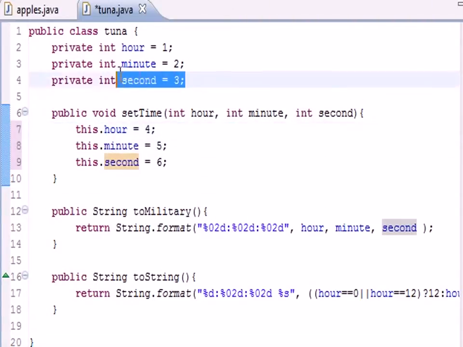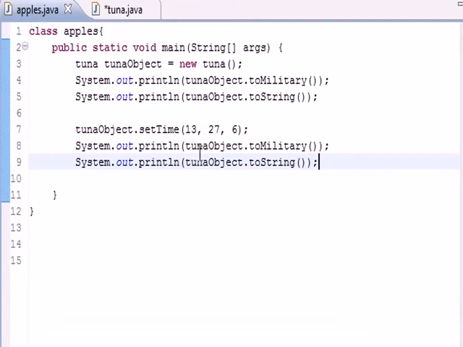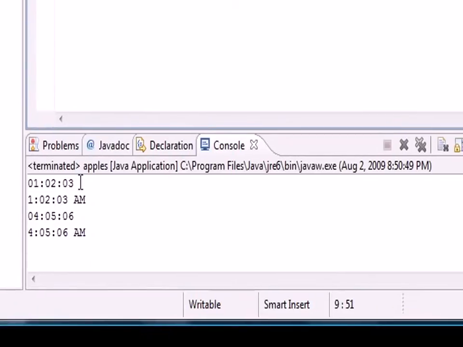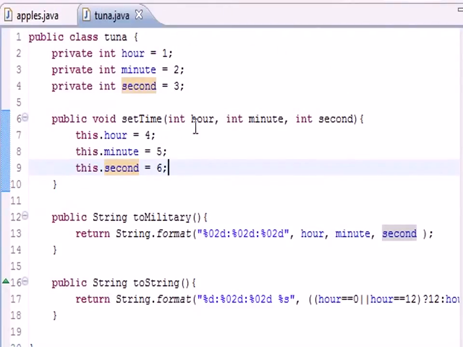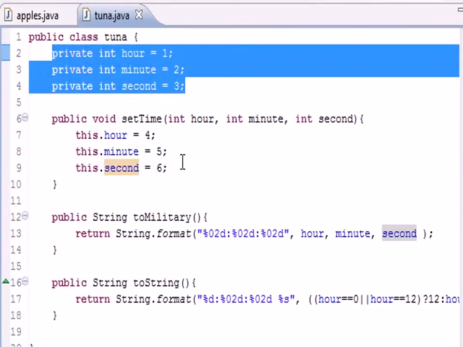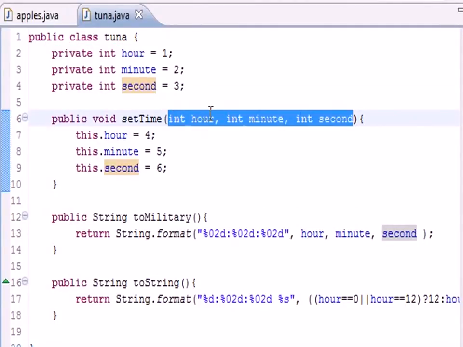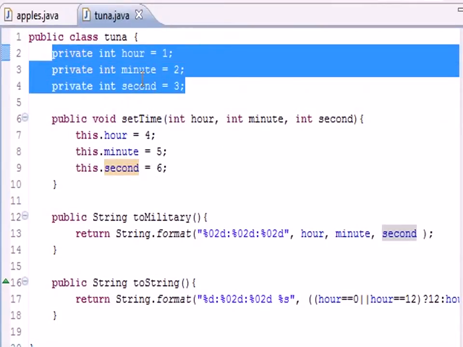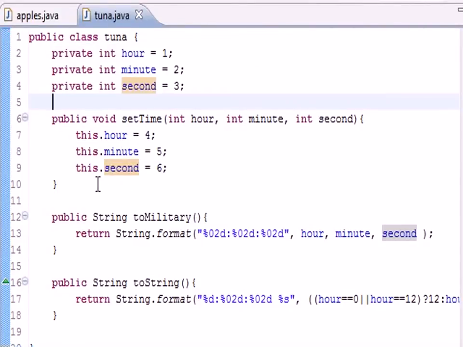Minute and second. So what if we were to say that these variables in this method inside this class were the exact same as these variables right here? So in other words, if the constructor or any other method uses names or variables identical to instance variables, then when you run the program, what's it going to do? Well, let's go ahead and see right now. I guess we don't need this anymore, but we'll keep it anyways. Let's go ahead and run this, and